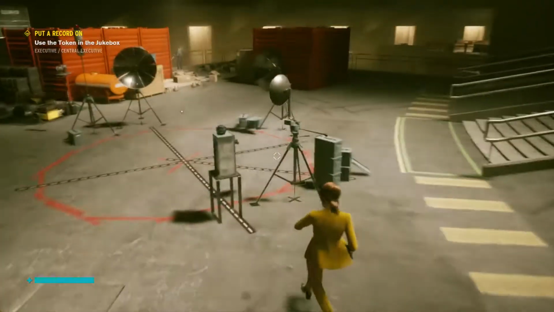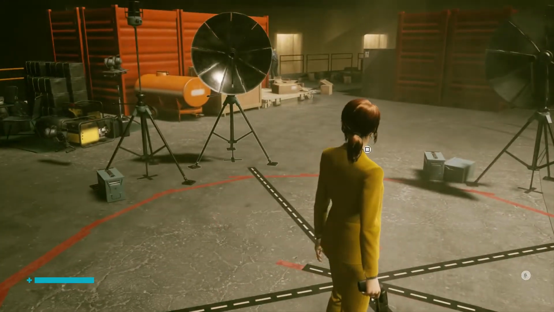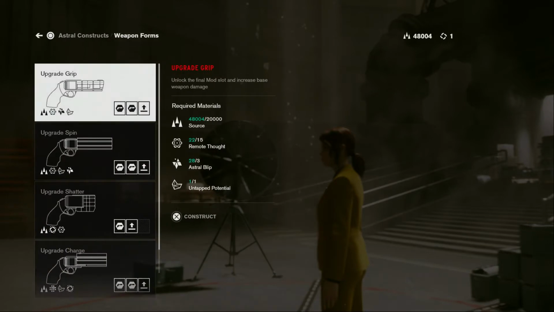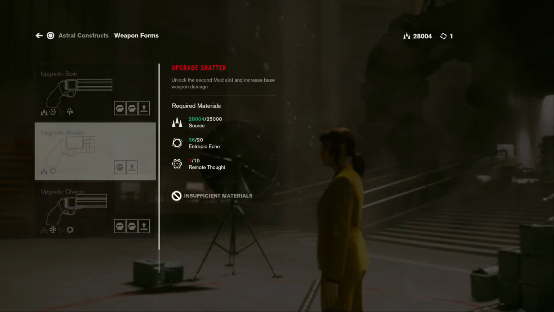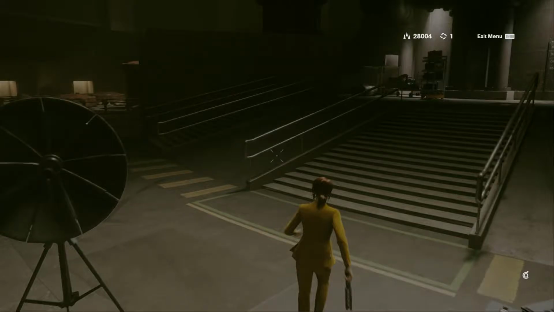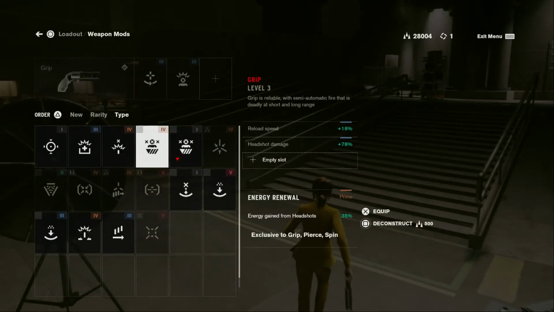It is actually slightly easier to get around this room now. Not enough ability points to do anything with quite yet. But yeah, I think it's time to give my level 3 upgrade. And grip is pretty much always my weapon of choice. I do need a lot of remote thoughts to upgrade pretty much anything else. But now that I've got room for 3 weapon upgrades...